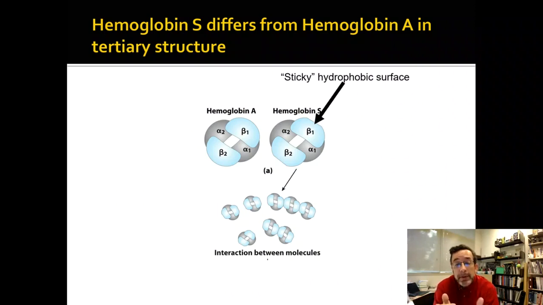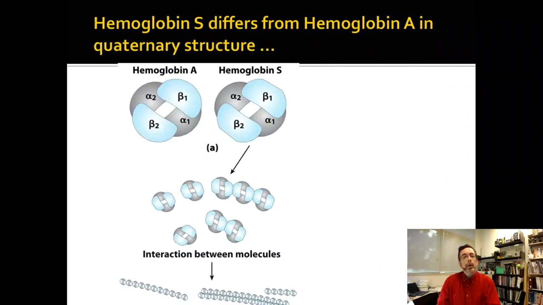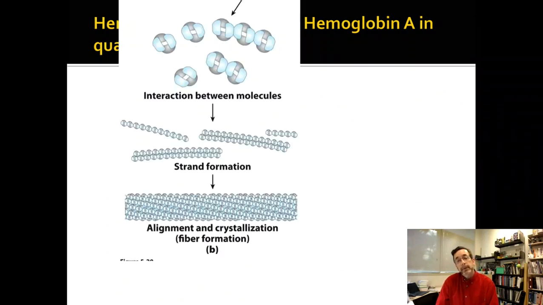And so with hemoglobin, you've got 2 of them. If you've got 2 sticky ends and a high concentration of the molecule, pretty soon it doesn't take much to tilt that over to all the sticky ends coming together. Then you have a quaternary structure interaction where you have a fibril forming, not from beta structure this time, but from the fact that you have a dimeric and therefore symmetric protein, technically tetrameric, but dimeric in the sense of beta chains. It has 2 sticky ends. They stick together and form a fiber that will mess up your red blood cells.